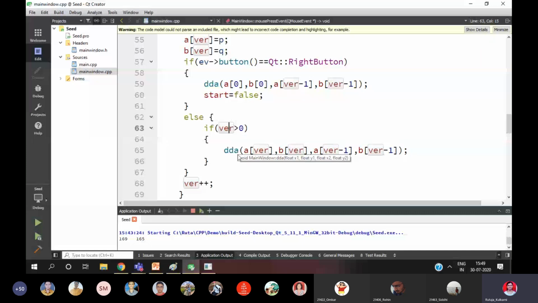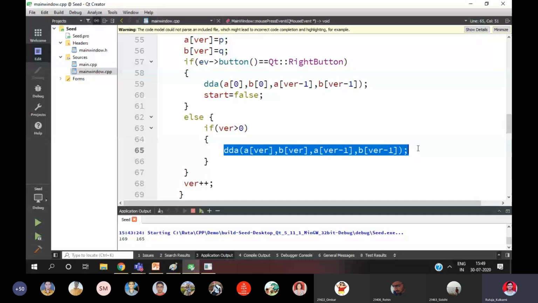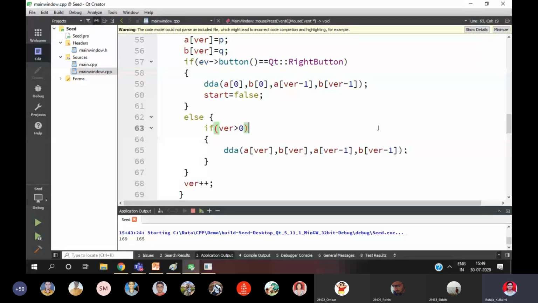So DDA, from where to where are we going to draw a line? A of 0, B of 0 to A of 1, B of 1, the previous point. So this is how the line gets drawn. The first line gets drawn. In this way, we need to go on drawing the number of edges for the polygon. Whatever number we want, we can draw it.